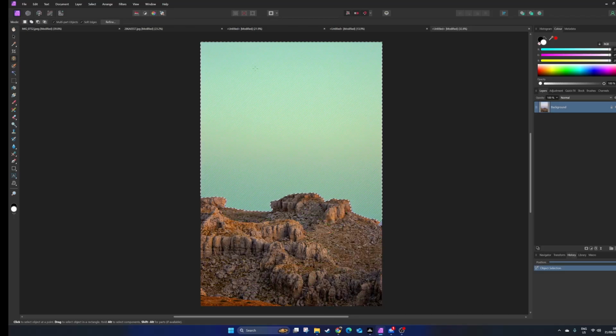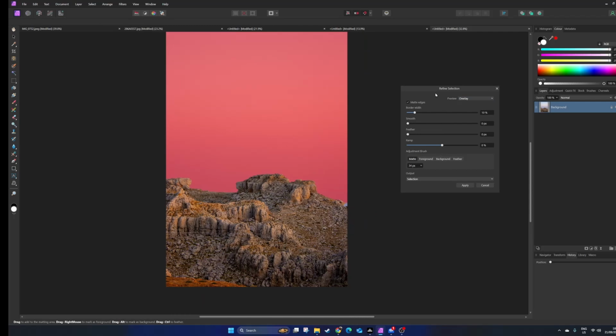So up the top here we've got three little buttons. One is select all, which we definitely don't want to press at the moment, deselect, and finally invert selection. So we don't actually want the sky selected, we want the foreground selected, so we just invert the selection, and you'll see the dotted ants running around the bottom of the image now. We need to refine this. You can see that it hasn't selected one area in particular, so we'll hit the refine button,